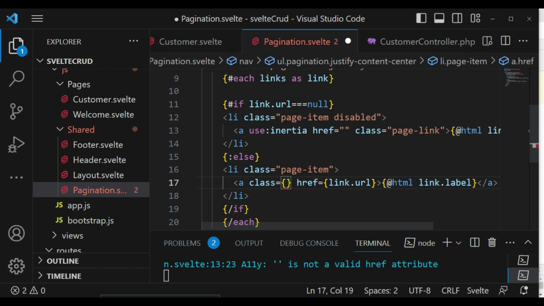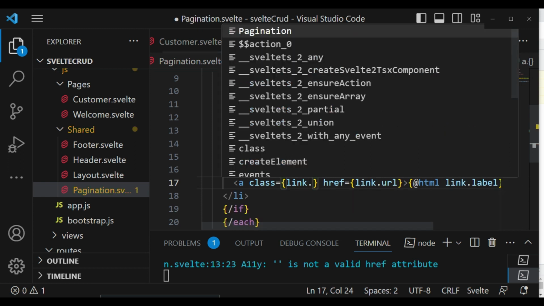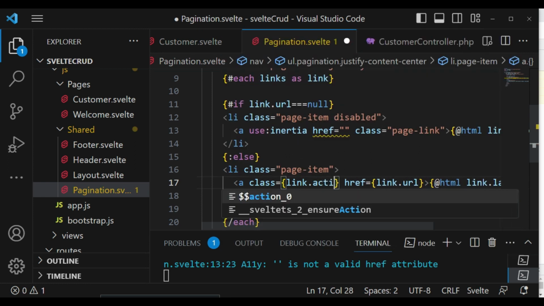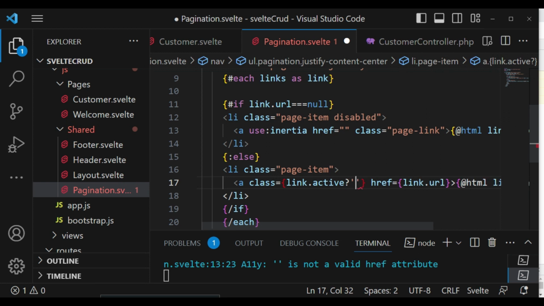So we are going to use Svelte to be able to show our link dynamically. So we will check if the link.active has been set to true. If link.active is true, then we are going to do something. We are going to have a class. The class that we are going to show will be page